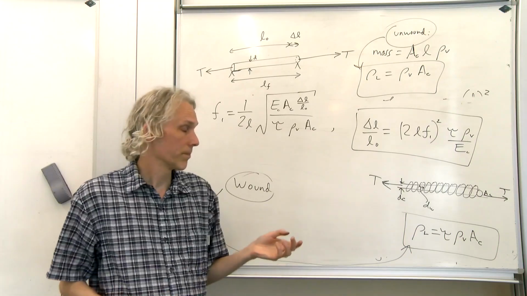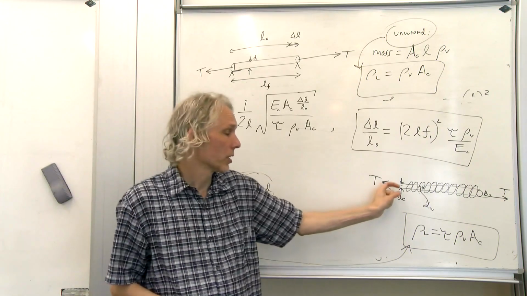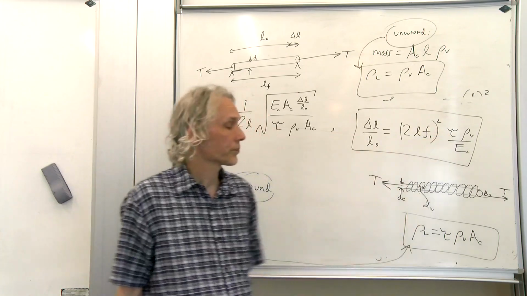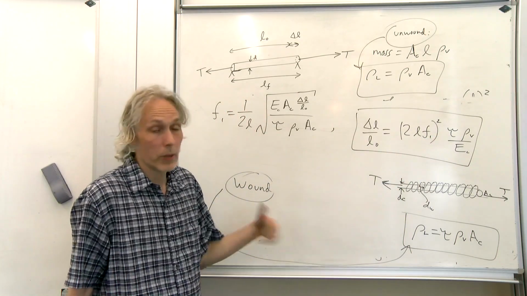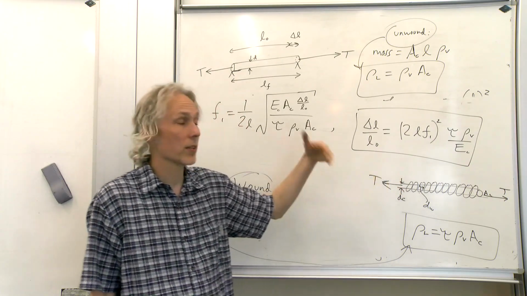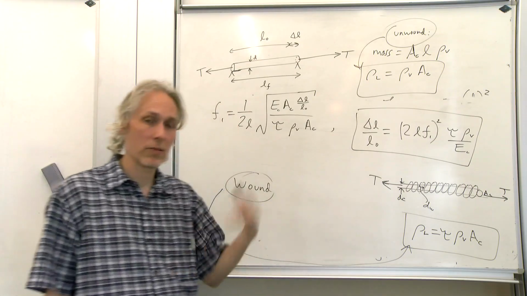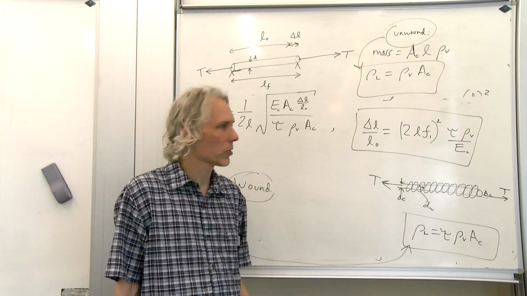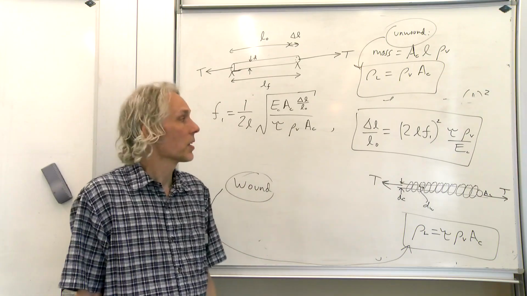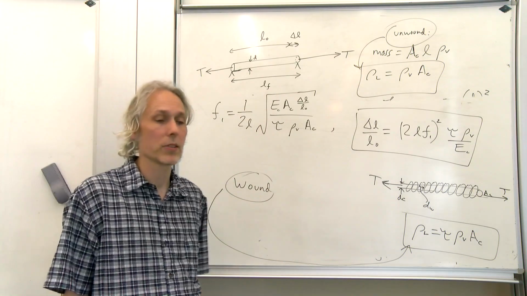When you're designing a string of a certain pitch and a certain tension, you can choose to have all core, in which case tau is 1, and no winding. Or you could choose to have a narrow core and a big winding, in which case tau is a lot bigger than 1. It can't be thousands for a realistic string, but it could be bigger than 10 even, for your ratio of mass in the winding to the mass in the core.